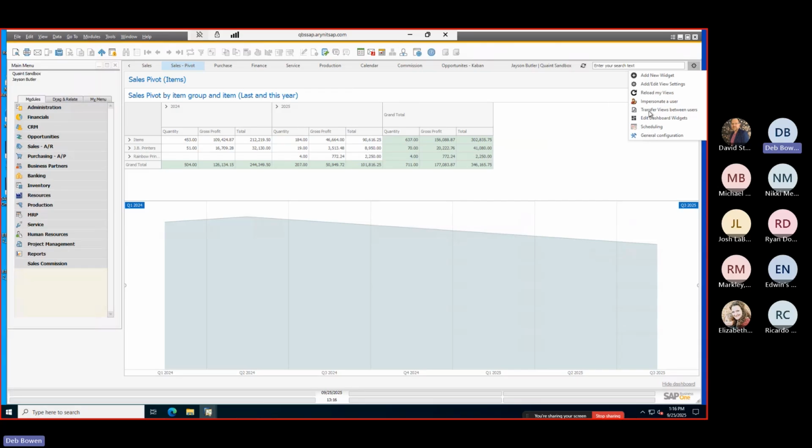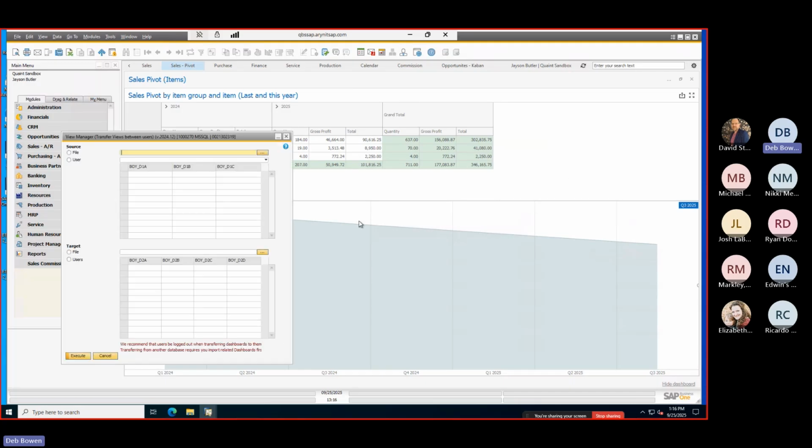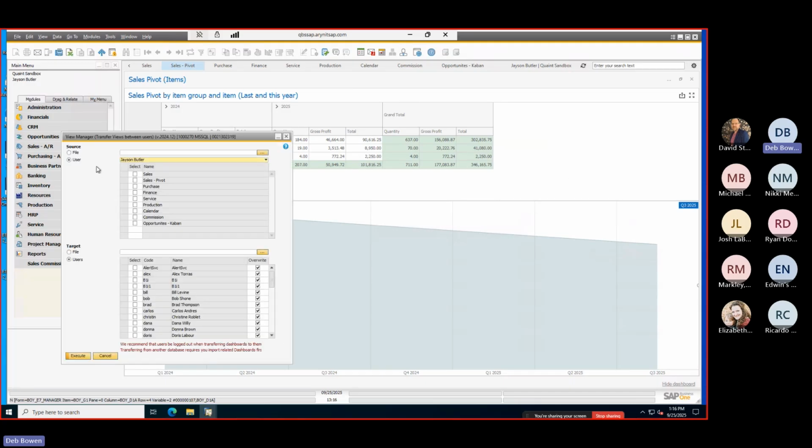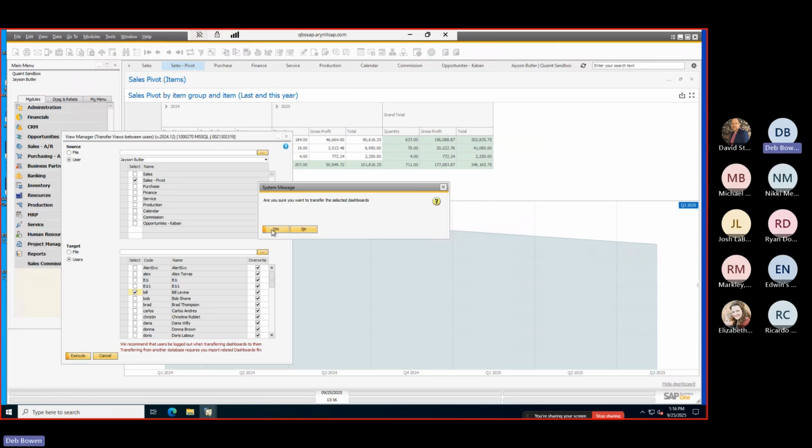I want to transfer this to other users. So here it says, what's my source? This is my dashboard that I want to share, and I want to go ahead and share it with Bill here. And I can say execute,